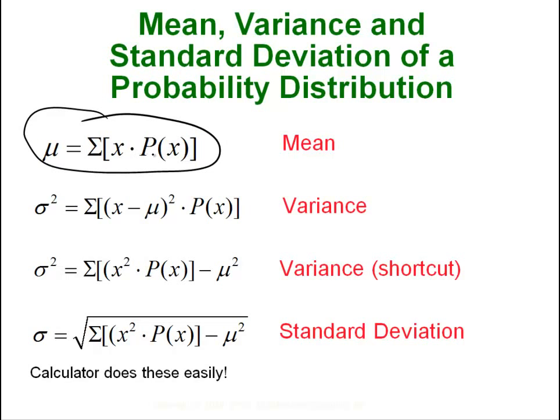You've got x times its probability, and then you just add all those up. These also aren't so bad, and they're pretty easy to do by hand if you're using Excel and things like that. But we've got technology: calculators, SAS, SPSS, StatCrunch, whatever you want to use. We've got all sorts of easy technology tools to do these for us,